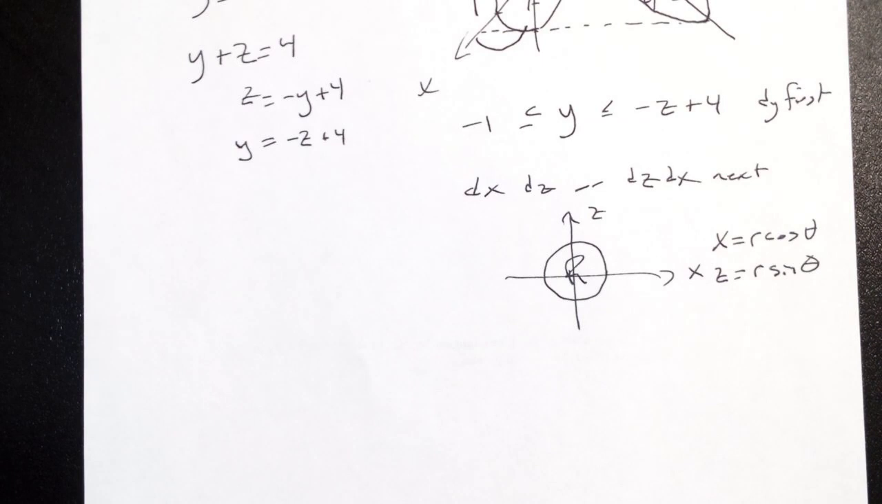What are the boundaries for r and theta? 0 to 2. And theta? 0 to 2π, because I go all the way around the circle. Ta-da! Simplify it using dy first. Yeah, when I do this integral,